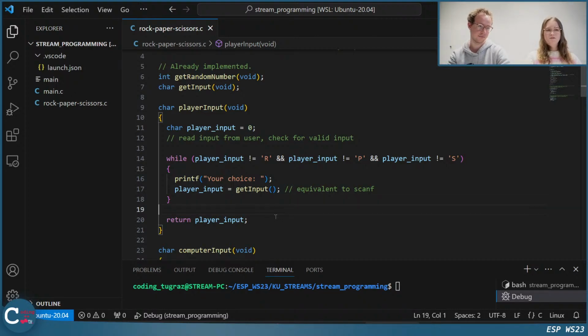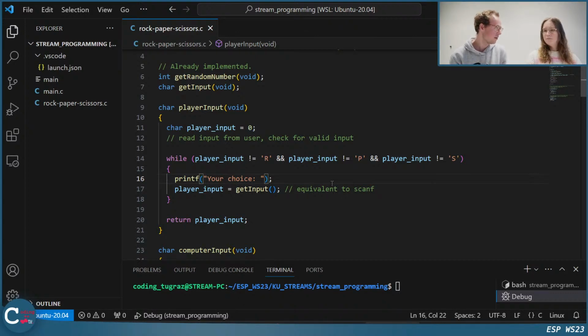So what would be a difference to do while? In the while loop, the condition is checked here at the beginning. So if the player input would be valid before the while loop, then we would not even enter the while loop. But as I assigned 0 here, this doesn't matter. So we really have one iteration of the while loop.